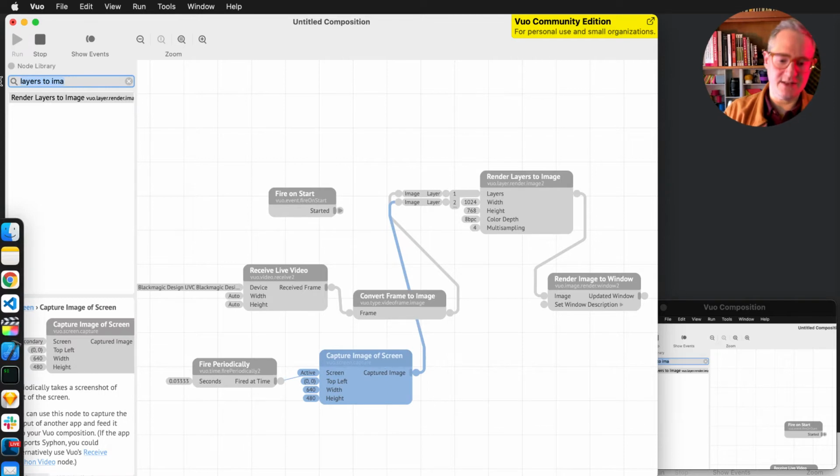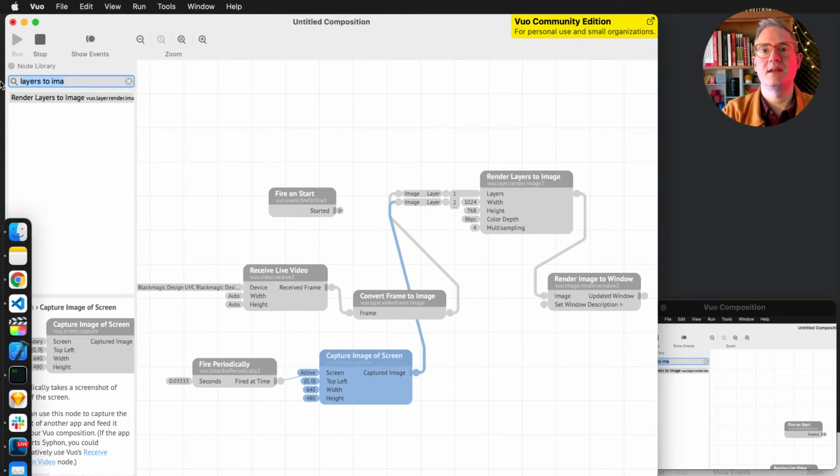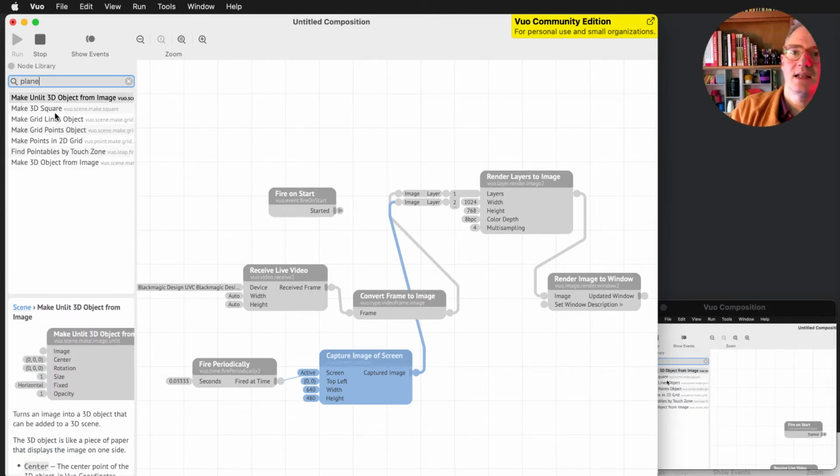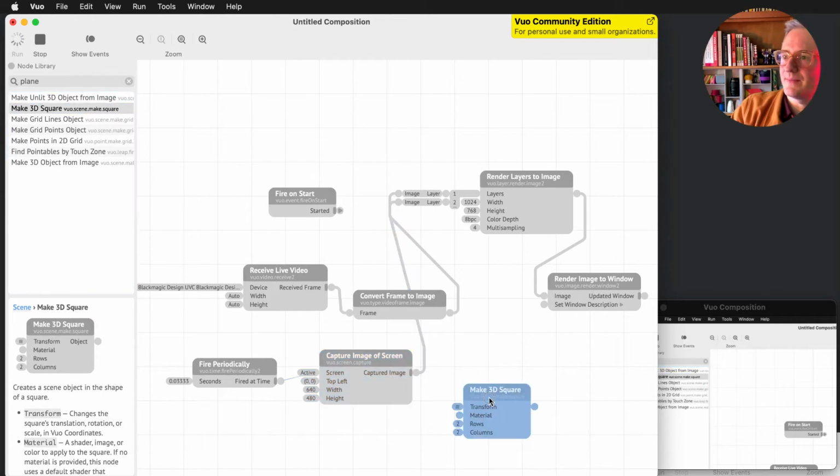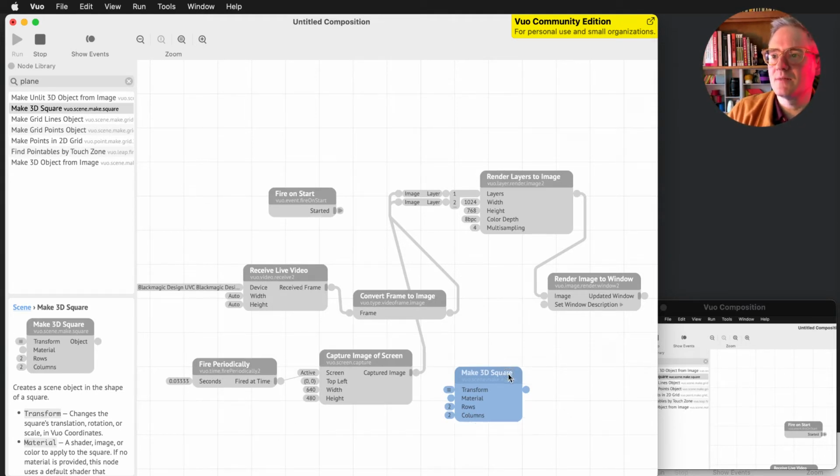But what we can do is plane. Let's say make a 3D square, which is our... we want to overlay that in the foreground in front of us. So we'll go make 3D square. For the material, we'll take the captured image. Okay, we'll get rid of that connection. And we will render